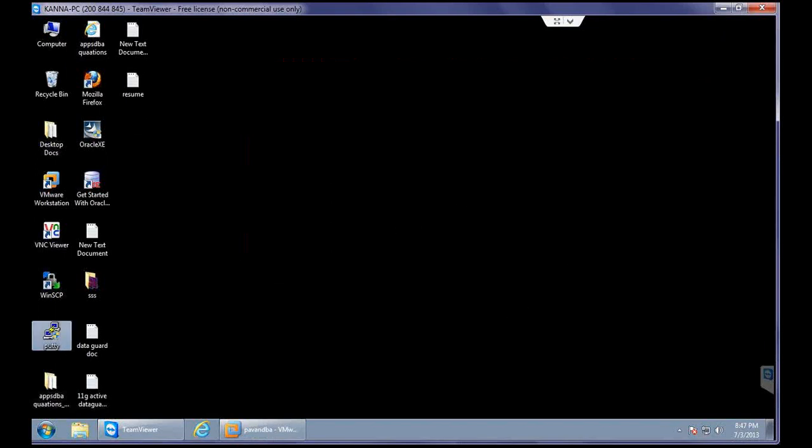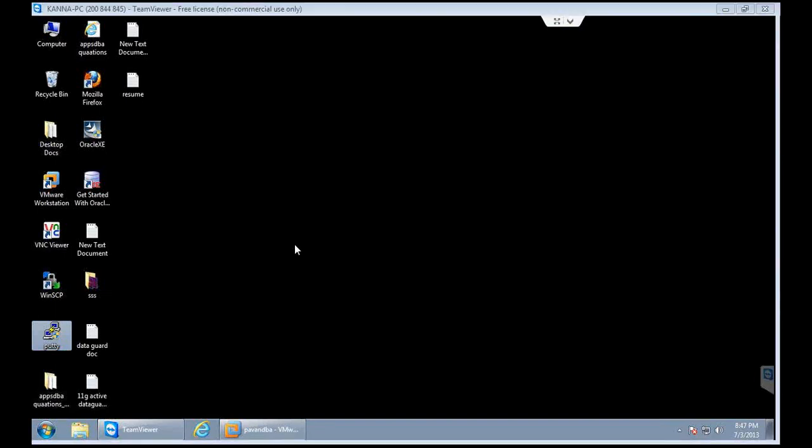You can download this from Google. The size is just 400 KB or 450 KB. It's a very small utility, but in real time this is how we are going to connect to the server. This is the famous tool that we will be using to connect to the server.